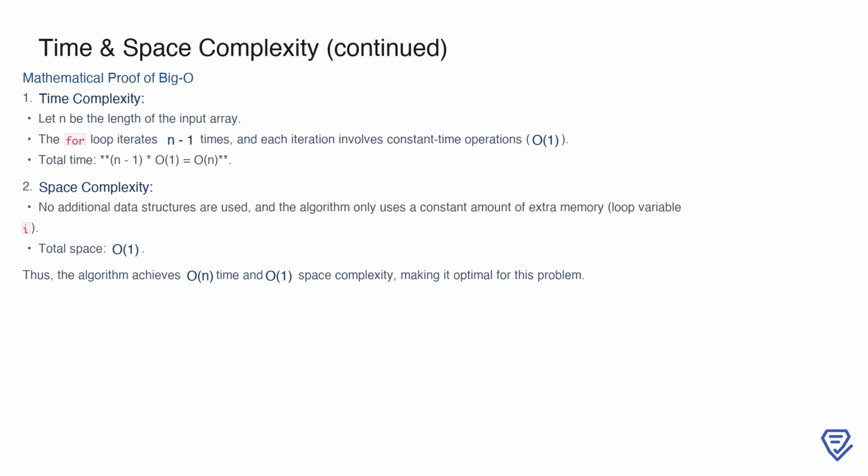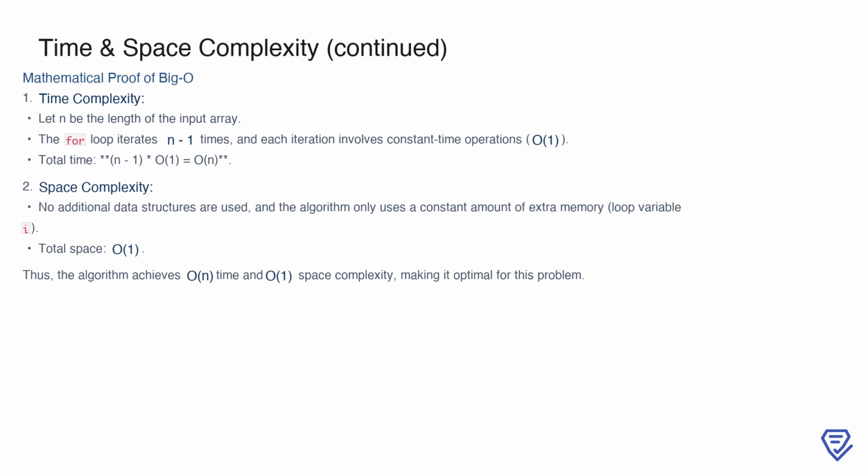For space complexity, the algorithm does not allocate memory for additional data structures. The only extra space used is for the loop variable, I, which is a single integer and requires constant memory. Therefore, the space complexity is O(1). Together, these calculations confirm that the algorithm achieves O(n) time and O(1) space complexity, making it an optimal solution to